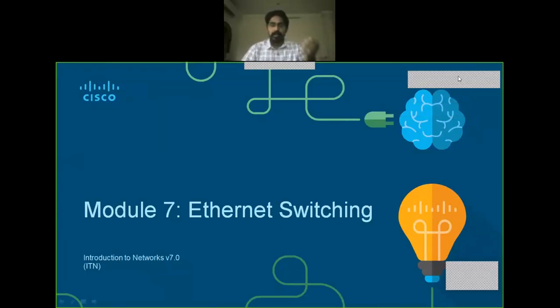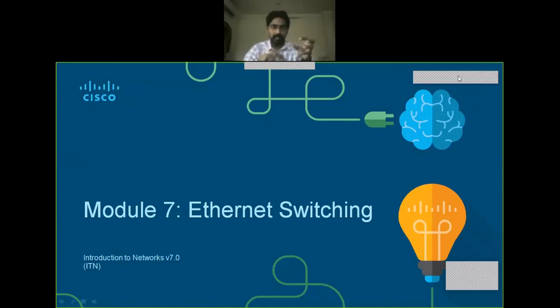In the OSI layer, the bottommost layer, that is layer 1, is the physical layer. The next layer is the data link layer. In the data link layer, there is the LLC sublayer, and then the MAC sublayer.